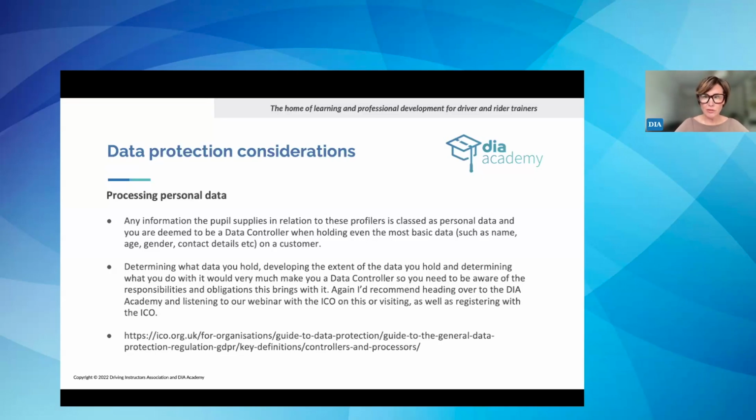So it is classed as personal data. Any information the pupil supplies that is personally identifying is personal data. So you as the business are deemed as the data controller for this information. And so therefore you have to safeguard it.